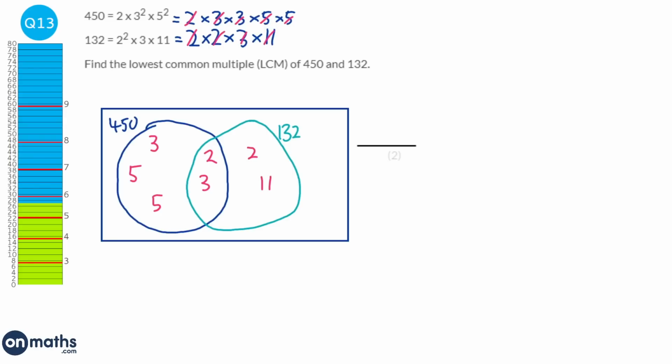Now to find the lowest common multiple, what you do is you just multiply all these numbers together, and that will give you the lowest common multiple. So what we're going to do is 3 times 5 times 5, which are the numbers on the left, times 2 times 3, which are the numbers in the middle, times 2 times 11. And when we do that, we get 9,900, and that's it. So our answer is